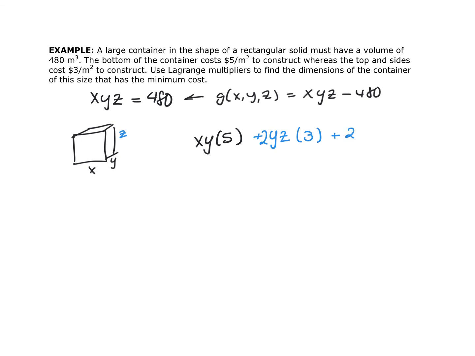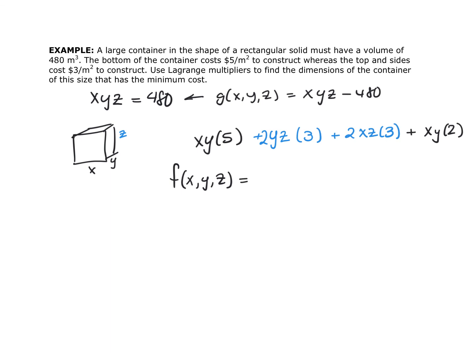And then I'm going to have 2 of the sides that are x and z, and it's going to cost $3 to construct. Now, I also have the top, right? Constructing the top is going to be plus xy, but it's going to have a cost of 2. So my function f of x, y, and z, the thing in which I'm trying to minimize the cost,